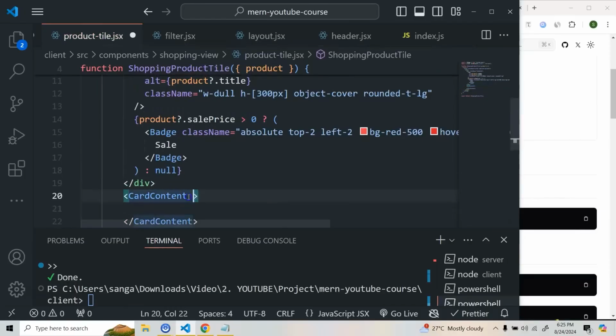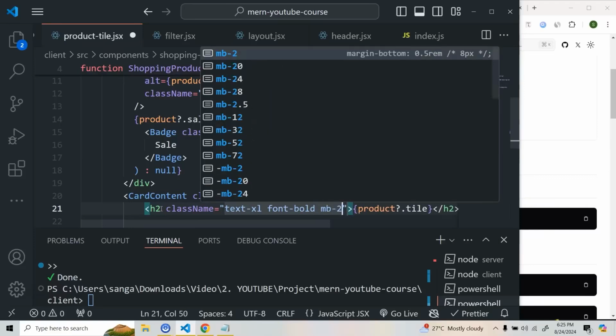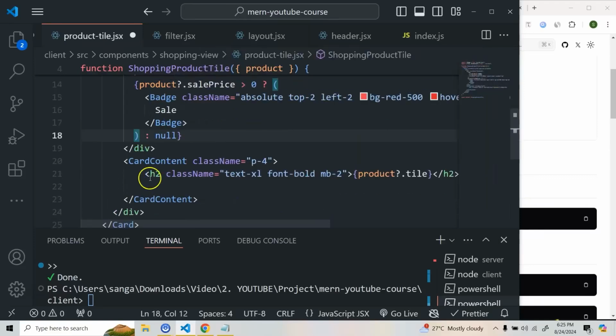Okay, so here for this one I'm going to give a class name, and we'll do this one as padding of 4, and inside this we're going to take h2, and we are going to render the product.title. Let's give a class name, and here we'll give a text as XL. We'll do font as bold, and we'll do margin bottom of 2. After this we'll take one more div,